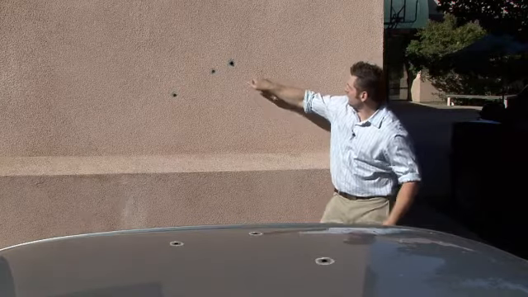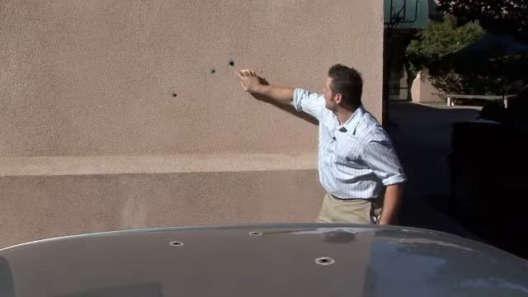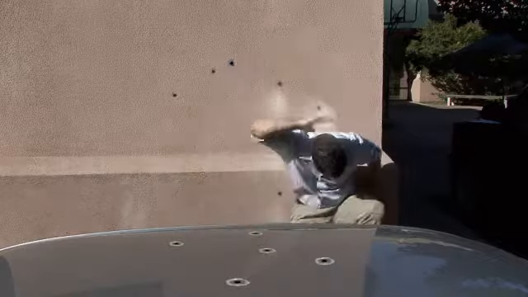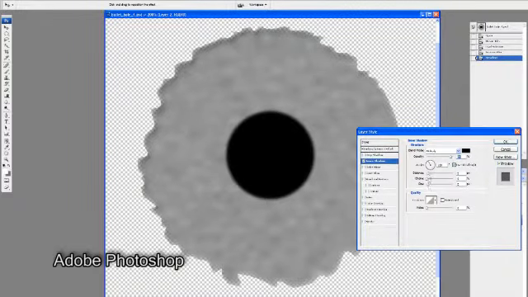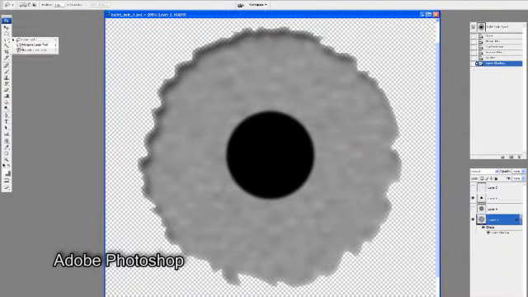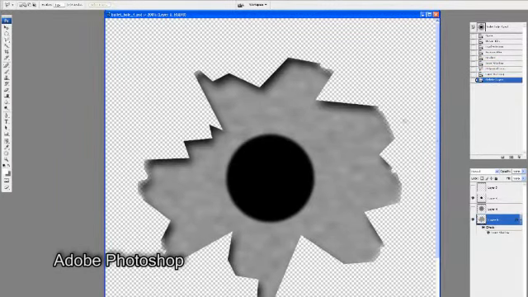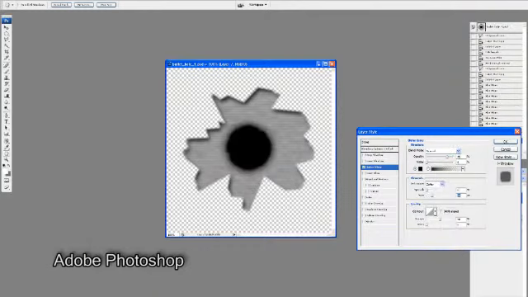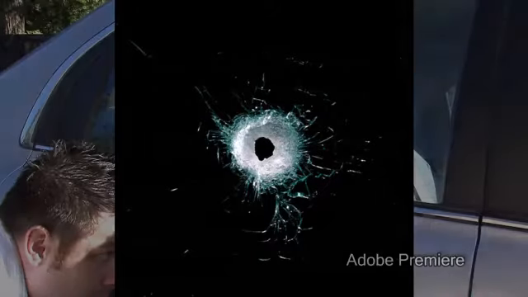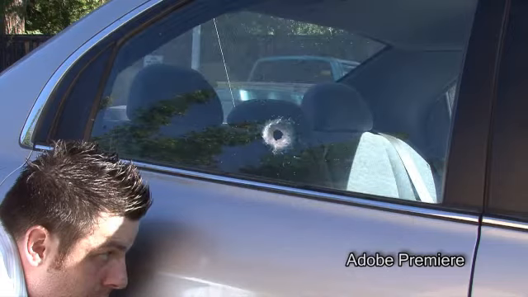Well, as you can tell, the detail of our holes on the wall is a bit different than the metal. The only difference when making bullet holes for the wall was breaking up our original circle a bit more and adding more texture. We used a stock image for our window and simply scaled and rotated it to our liking